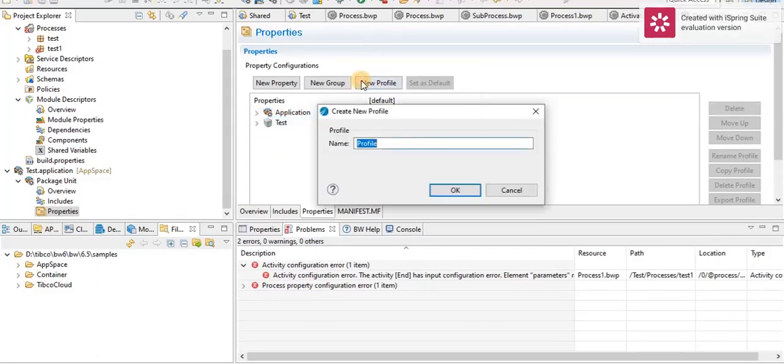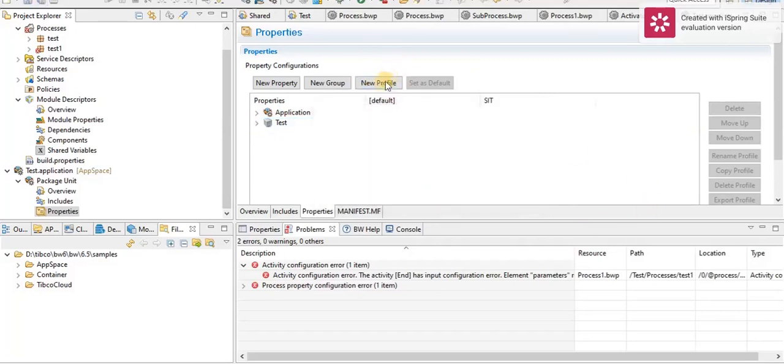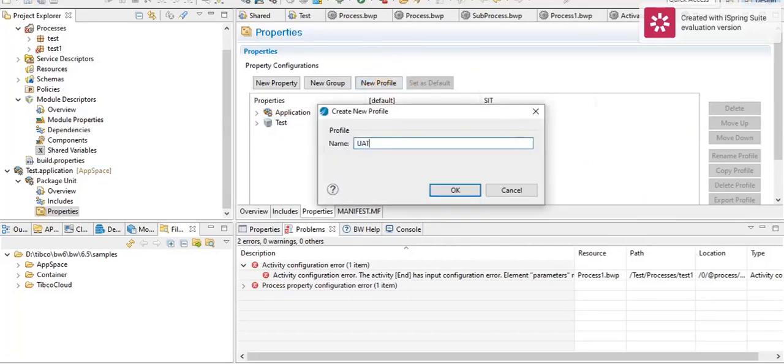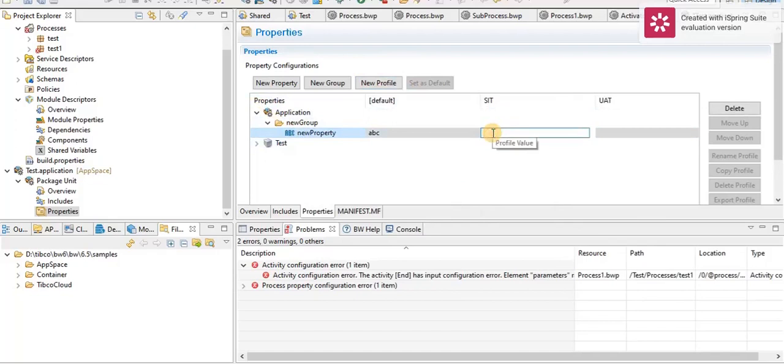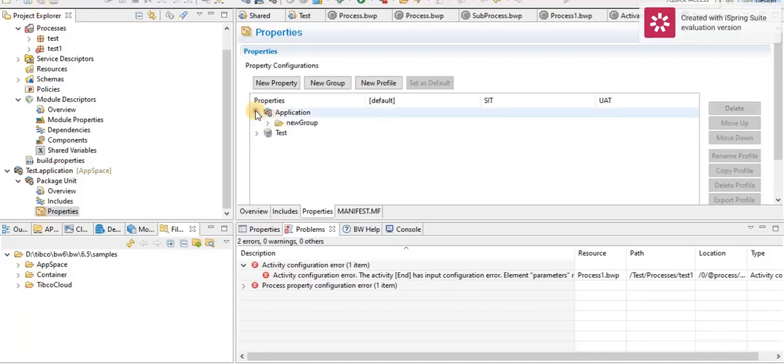We can also create multiple profiles at application level like SIT, UAT. So for the same module property, we can have different values. During deployment on different environments, we can choose the respective profile name.